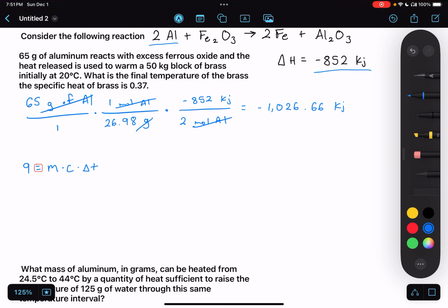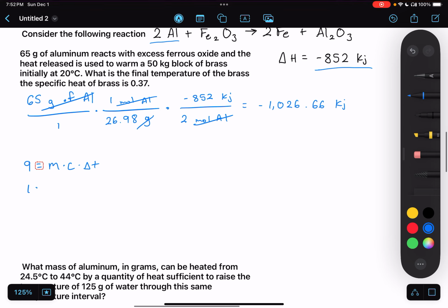So we've got to go from kilojoules to joules. We just multiply by 1,000 because 1 kilojoule is 1,000 joules. So we have 1,026,600 joules. I hope that's what I said. Okay, joules,